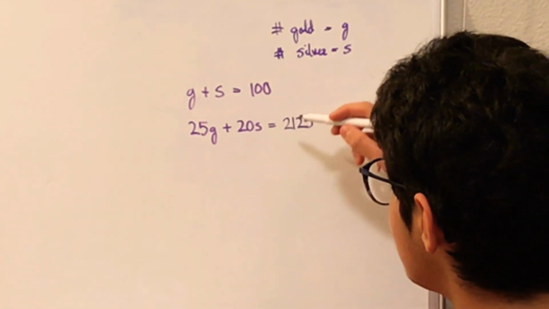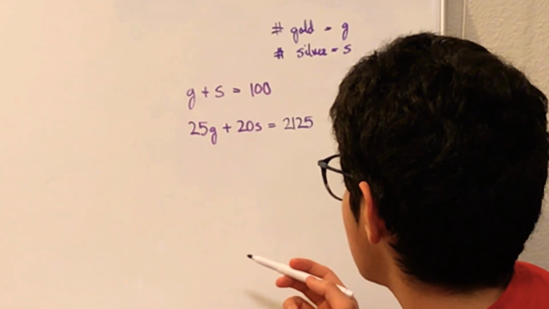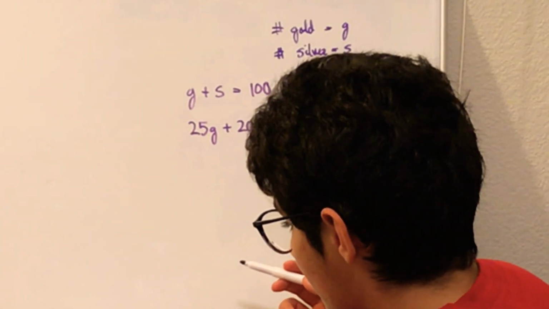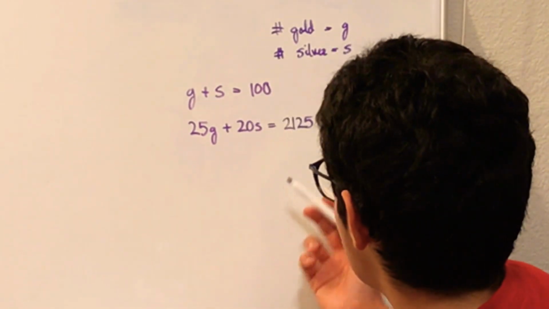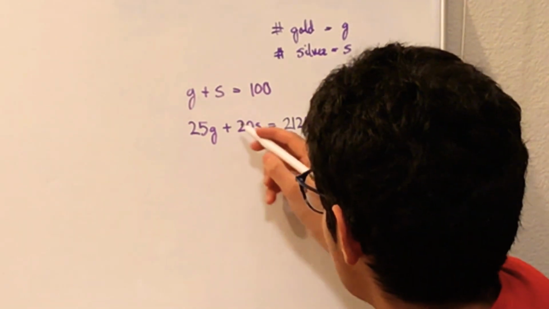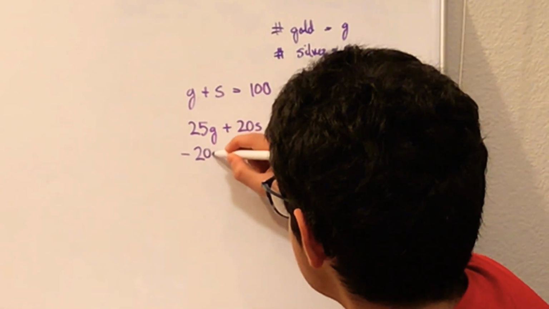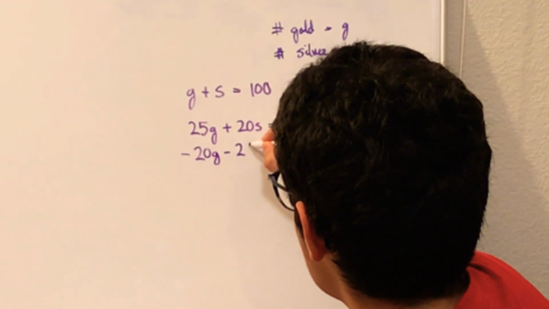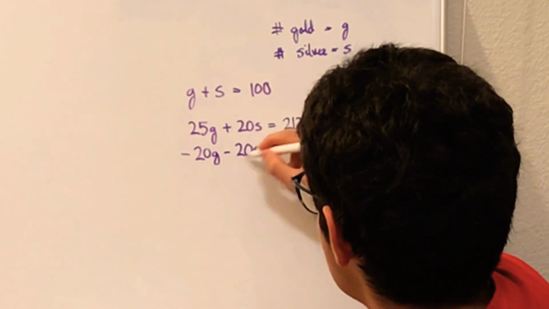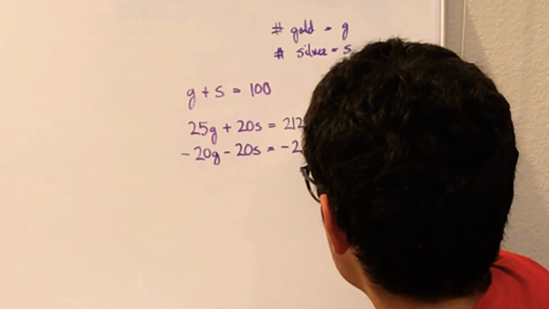Now, for this one, we can use substitution, but that will just take long. Actually, I don't think it will take too long. But we can just eliminate by multiplying this top equation by negative 20. So when we do that, let me just keep on writing here. So negative 20G minus 20S, so see these two are the same, equals, when we multiply by negative 20, negative